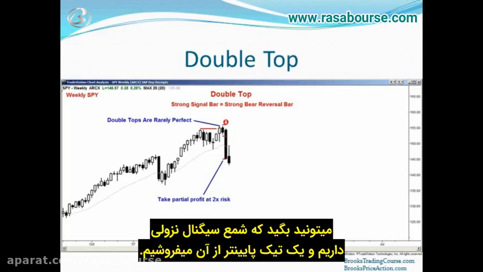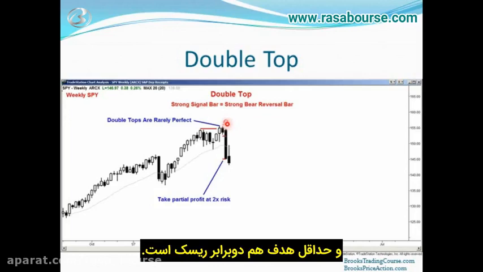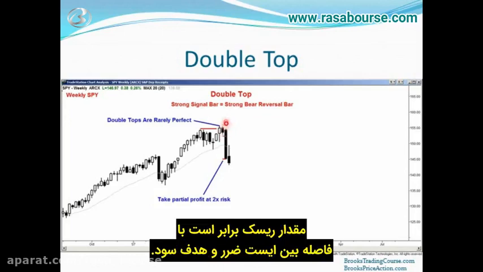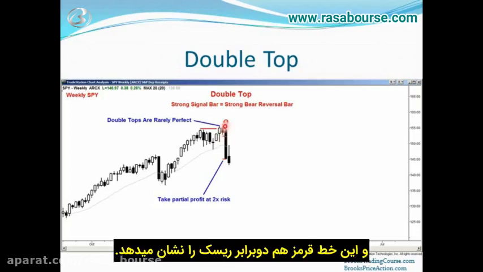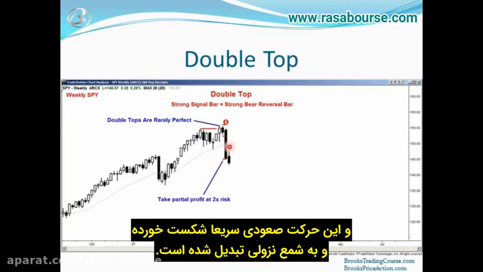You could argue that we have a bear signal bar. So you sell one tick below and you put a stop one tick above, and your first target could be 2 times your initial risk. So that's your initial risk from your entry price to your stop. This red line is 2 times that risk, and you can see a lot of traders took profits here. That's what caused this rally up to the moving average, and the rally immediately failed and became a bear